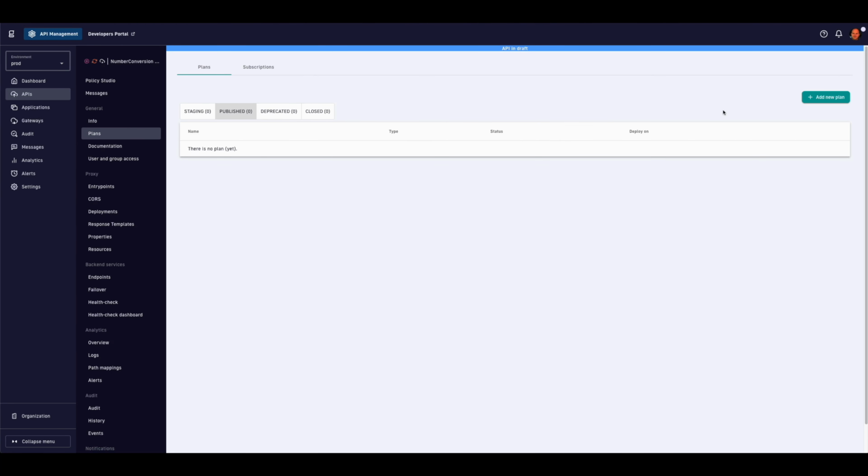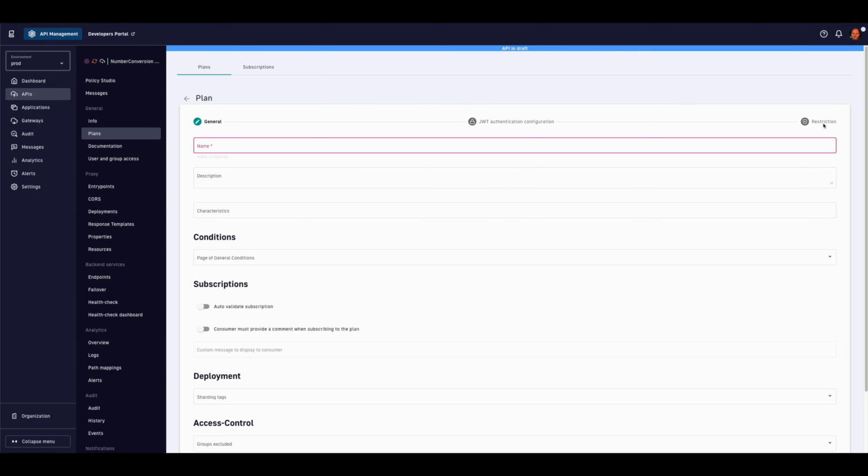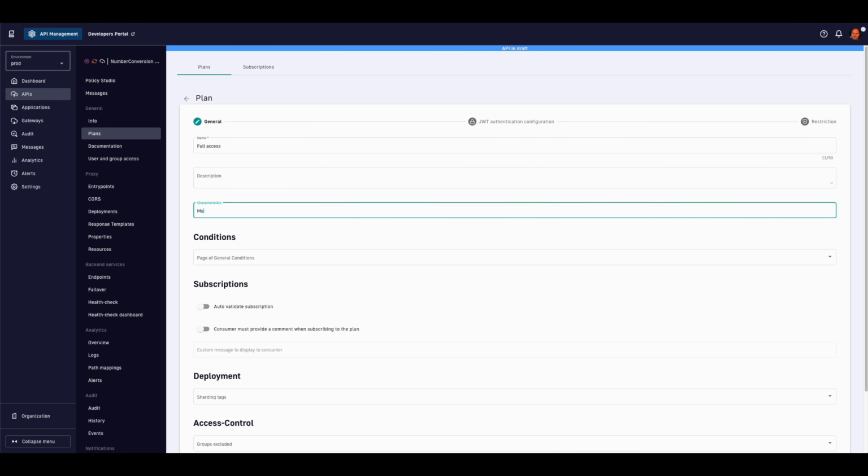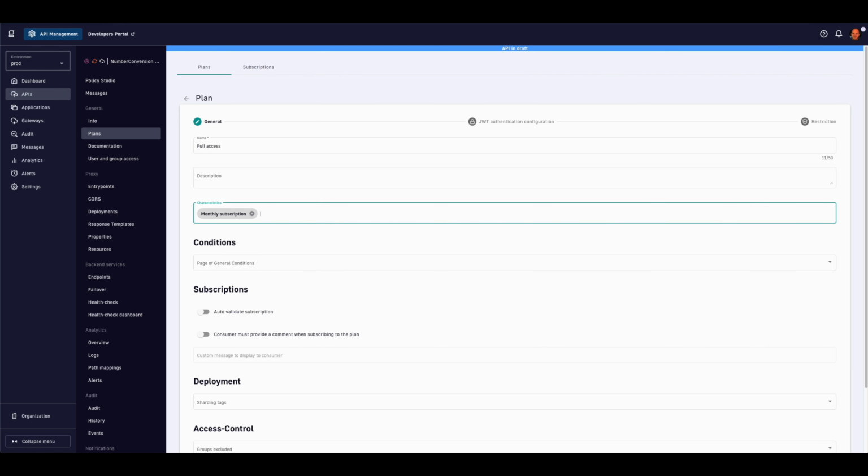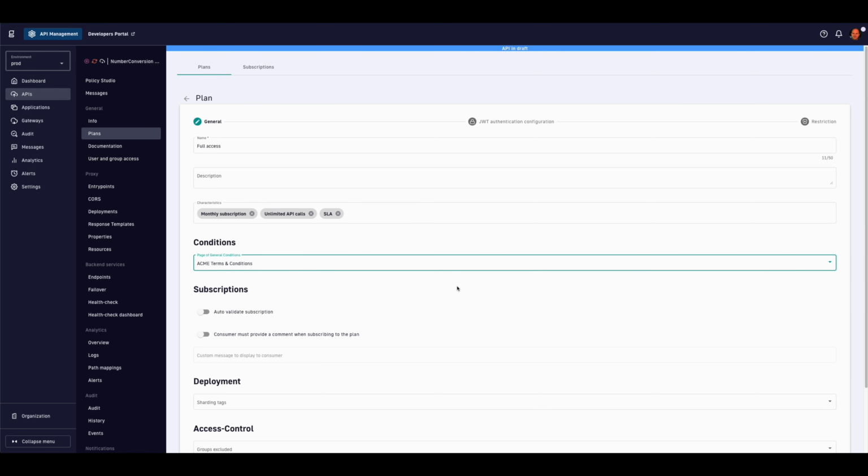Next, we will create plans, which is basically what defines the relationship between an API consumer and the API that we have created. The first plan is going to be a full access plan. This is going to be a more secure plan that is going to be used for monetizing on consumption. So we're going to say that this is associated with a monthly subscription. There's no restrictions on the number of API calls that you can make with this particular plan. And there's an SLA in place that Acme has to maintain towards a consumer on this plan. And that's why we're passing these general conditions as well to indicate the different rules and restrictions and enforcements across